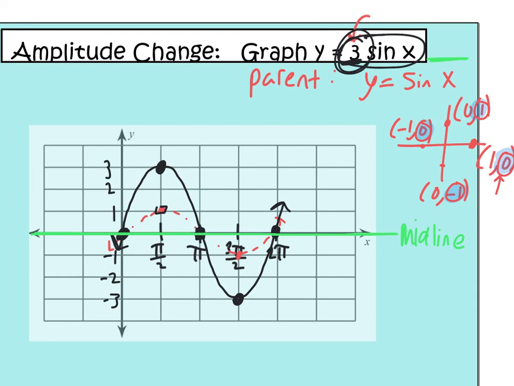Now, the other key features that we talked about: the midline, we said again, was y equals 0. The period: how long did this take to do a full cycle? If you think about one full circle around, it's 2 pi, or 360 degrees. That's going to be the period. We'll see some changes later, but for now, this one didn't have any. And then our final feature, the amplitude. The amplitude is measured from that midline, from the